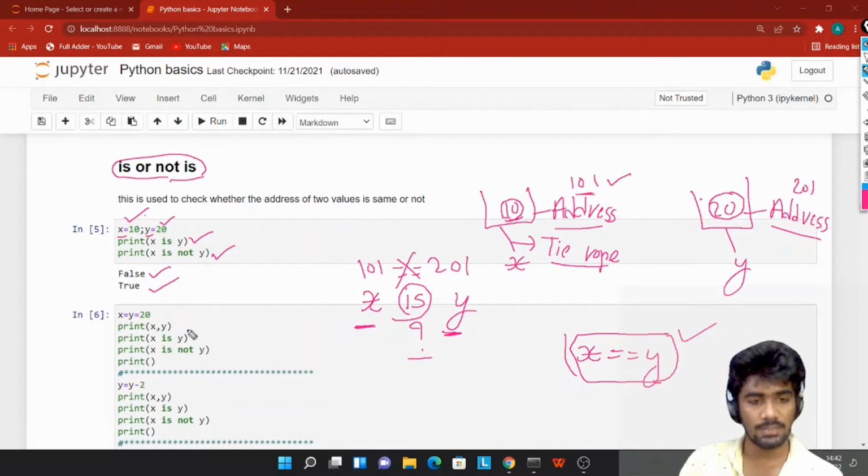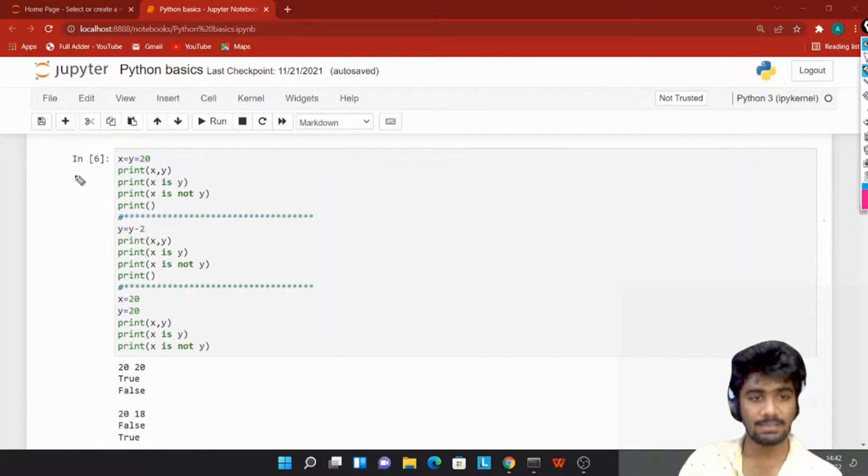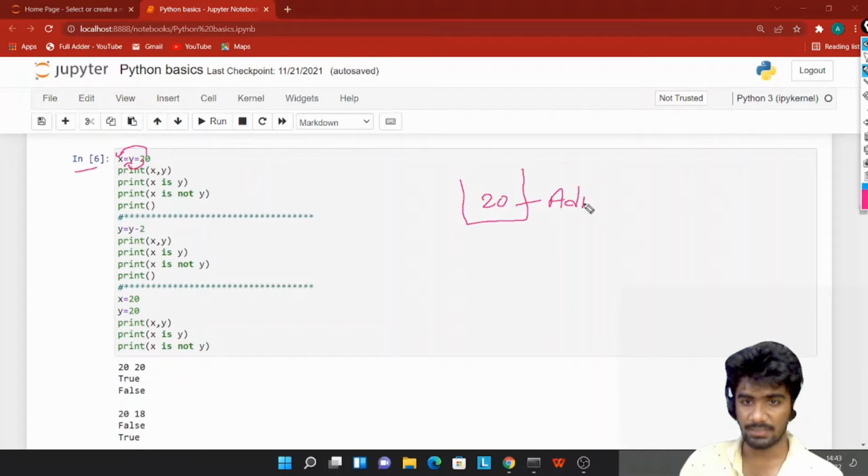Now let us try to see the is and is not operators in much more detail. Here in line number 6, we can see that we are assigning the value 20 to both the variables. So internally, what will happen? Let me show you. The value 20 is stored in an address or a container, and then the variable x is tied to this address,